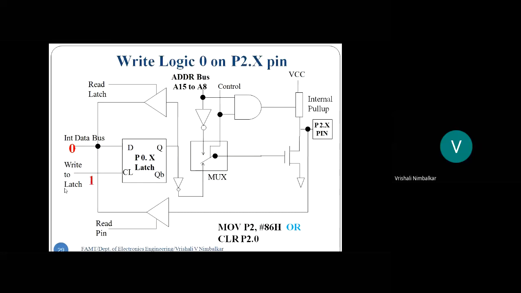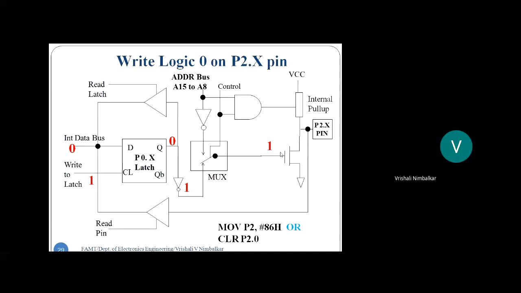This control signal will be activated. This is acting as a clock to the D latch, meaning the D latch gets enabled. The data D input gets transmitted on Q. So logic 0 gets transmitted on Q. The inverter will make its complement. Right. So by default, the port functions as an IO, so that multiplexer switch is at the lower side. So this logic 1 gets transmitted by the MUX to this MOSFET.